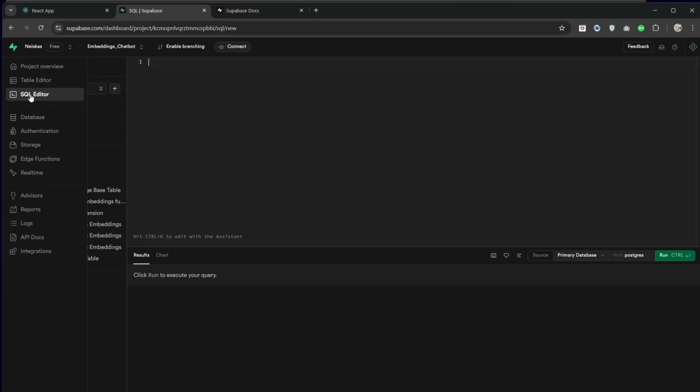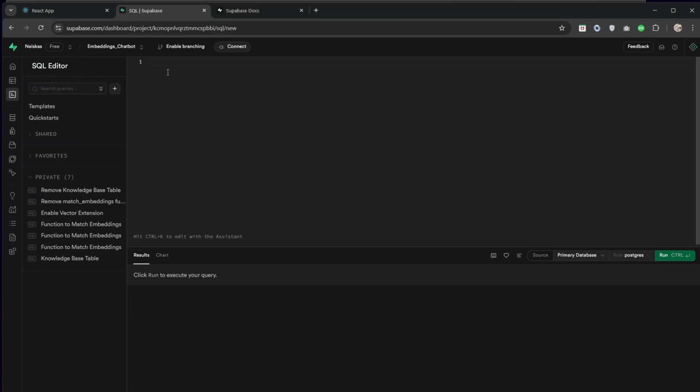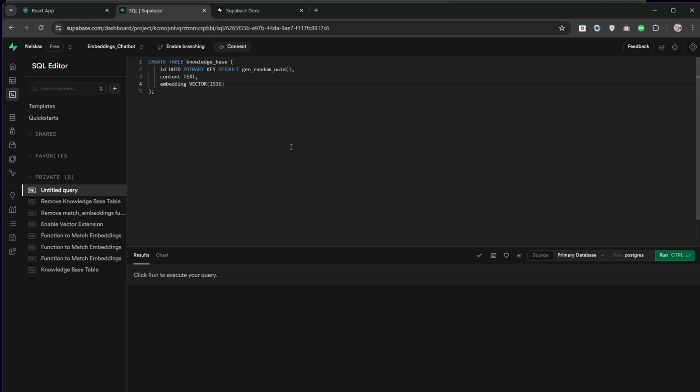Now let's create a table to store our text and embeddings. So go to Database, SQL Editor, click on New Query, and paste this SQL command. We'll call our table knowledge base. This is a very simple table which has ID, content, and embeddings. Click on Run